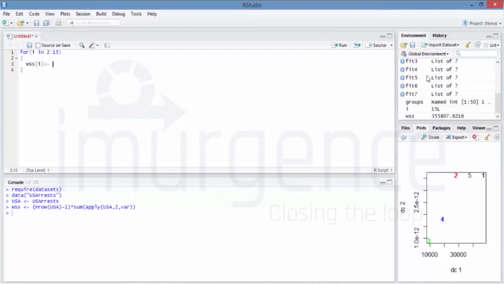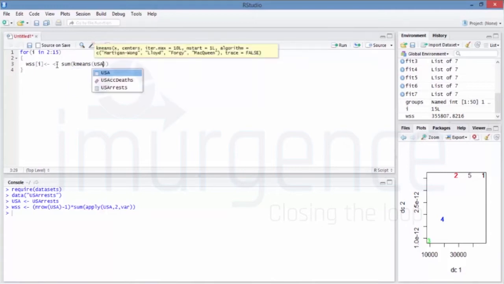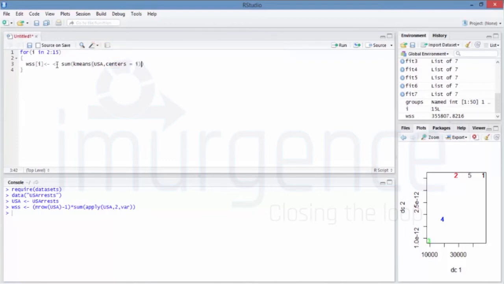Just check WSS first. Allocation sum of k means, we're running a k means inside that we're passing USA. We're saying centers is equal to I, so you're running it iteratively, again the same approach, and then you're saying